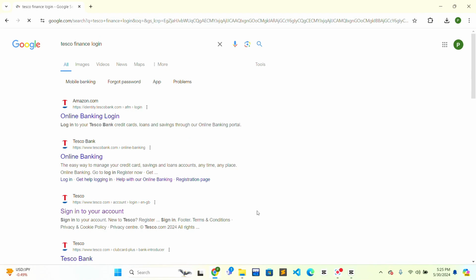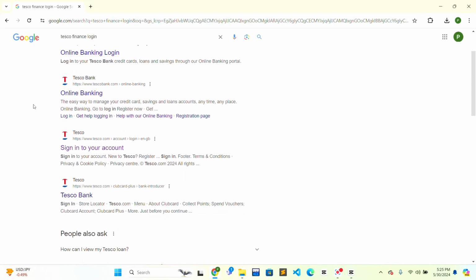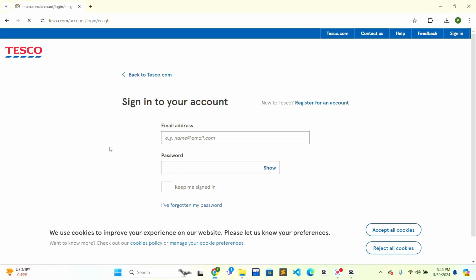And when the search results are gone, you just have to scroll down a little bit, and when you see signing into your account, you just have to click on that and the sign in portal will be open right